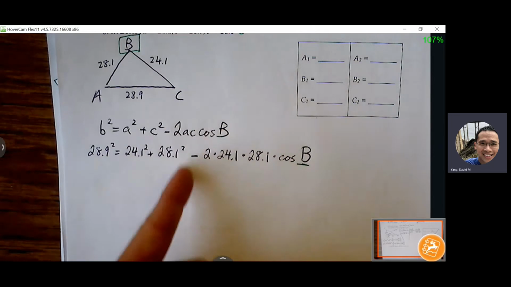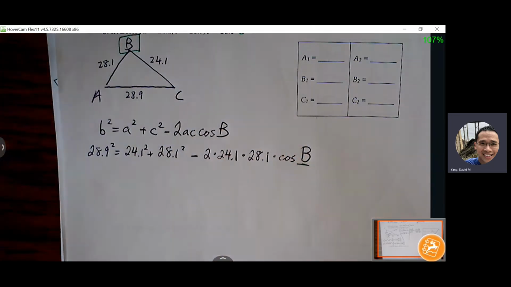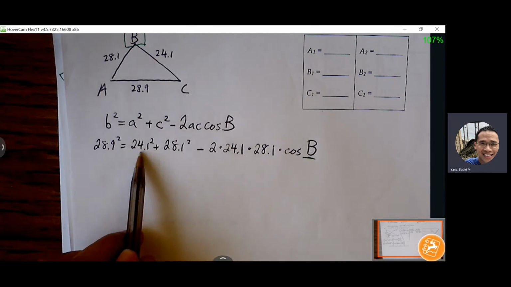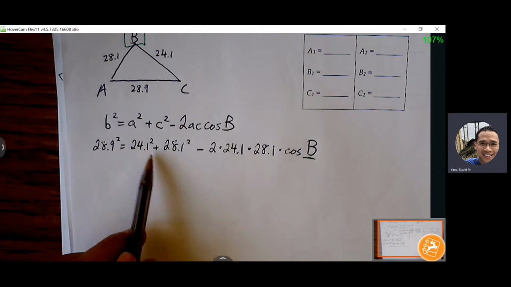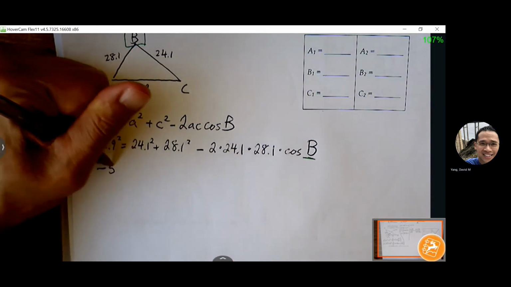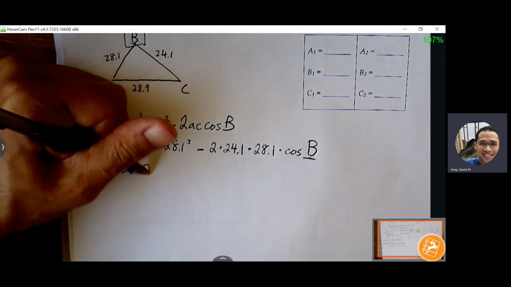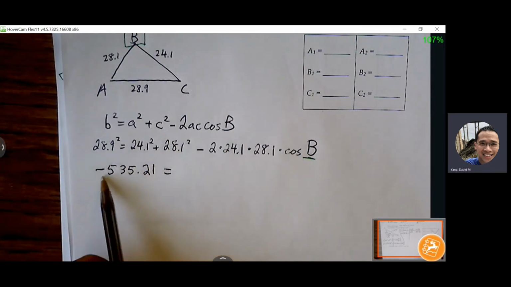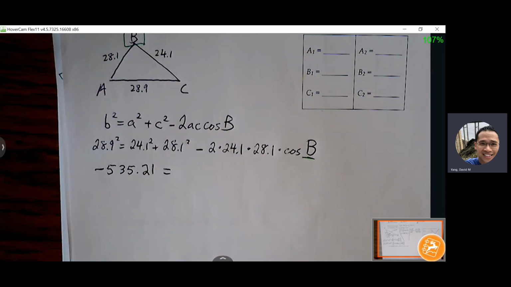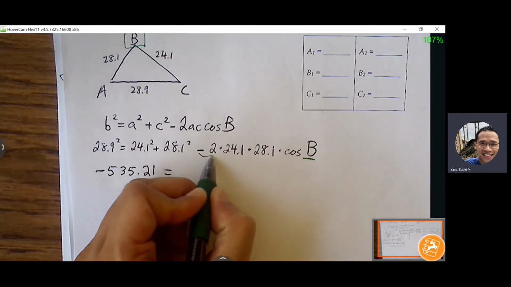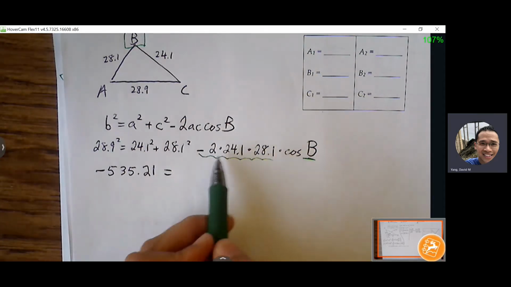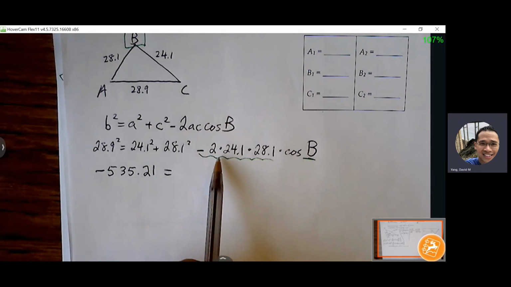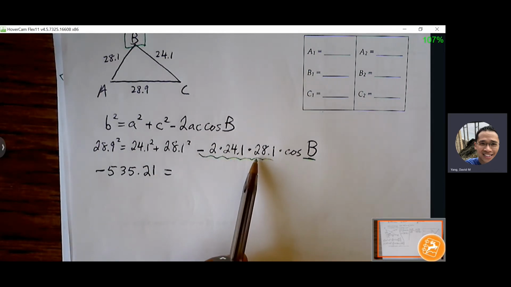Piece by piece, you're going to move the easiest things away from it, and then we can worry about the multiplication terms. So 28.9 squared minus 24.1 squared minus 28.1 squared. Okay, so I just subtracted the 24.1 squared and 28.1 squared, and I got negative 535.21. Okay, the next thing is we want to multiply these together so that we have a nice clean coefficient in front of that cosine of B rather than this mess. So 2 times 24.1 times 28.1, that's going to give us